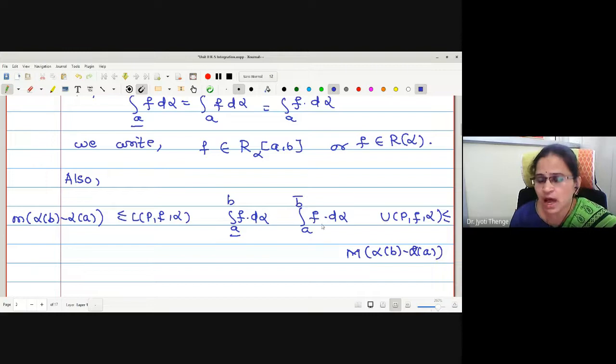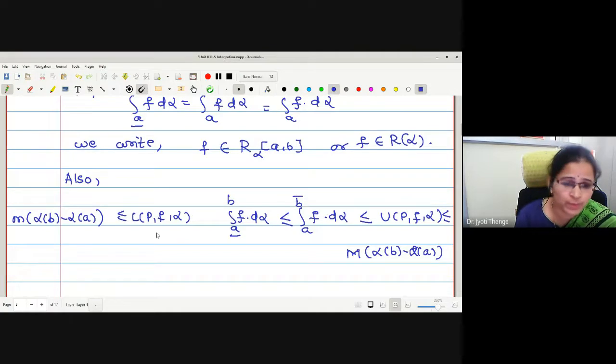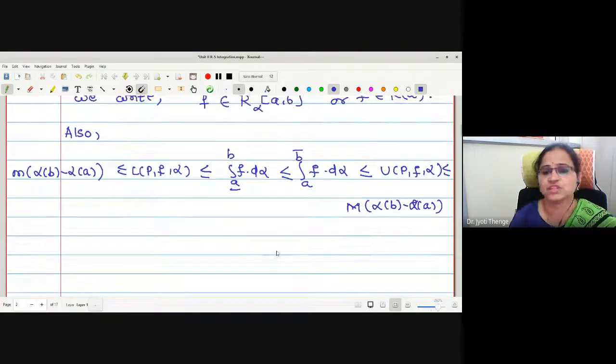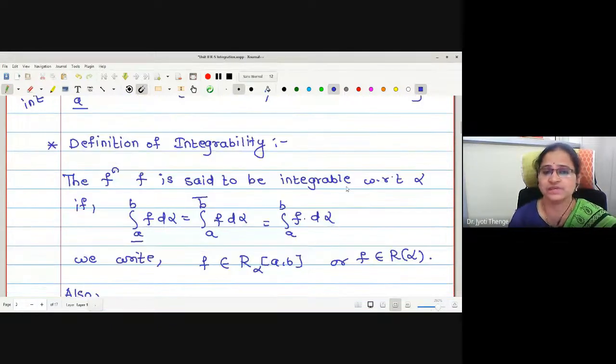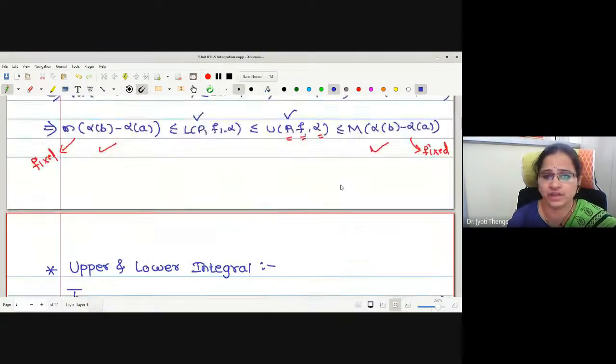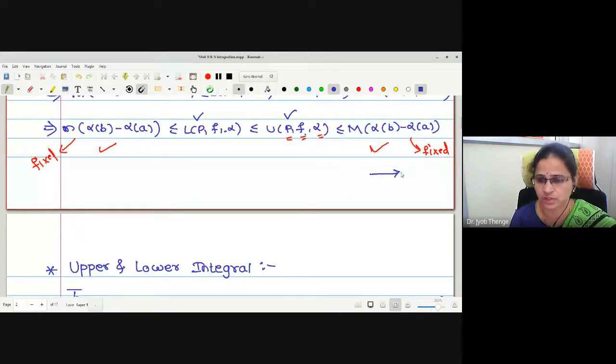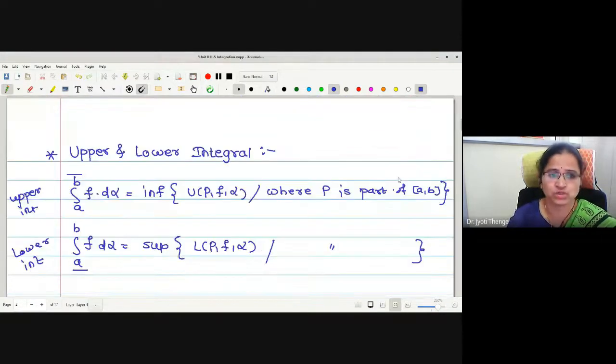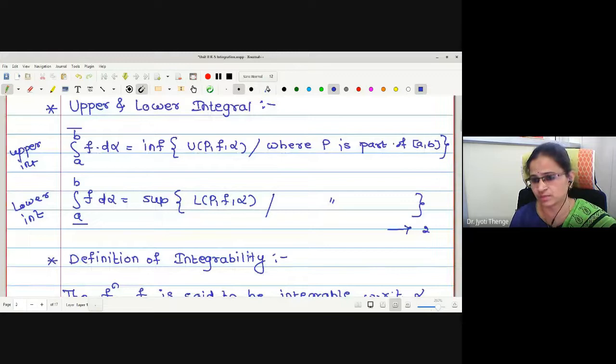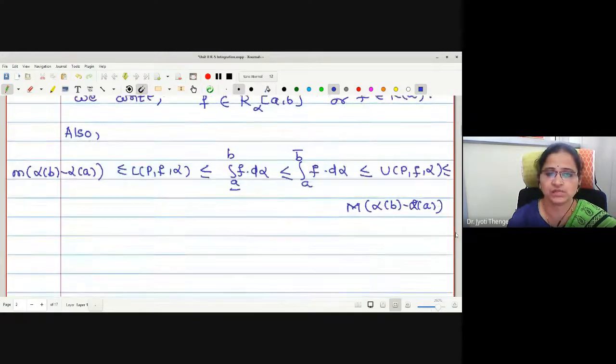Therefore, as the upper integral is the infimum of upper sums, the upper integral is less than or equal to the upper sum. Always the lower integral is less than or equal to the upper integral. The lower integral is the supremum of lower sums. Therefore, here also we have this relation. Okay. So this is an important inequality we have seen regarding the definition. If anyone is having a doubt on this, you can ask me. I'll give some numbers to these equations because I want to use them further: 1, 2, and for the last one I'll call it 3. Is that okay?